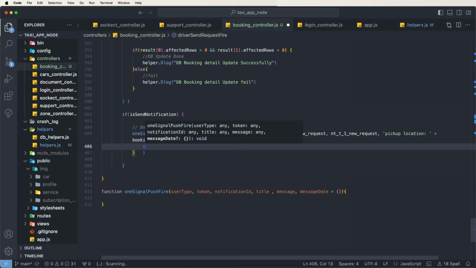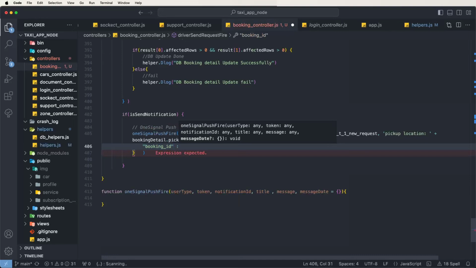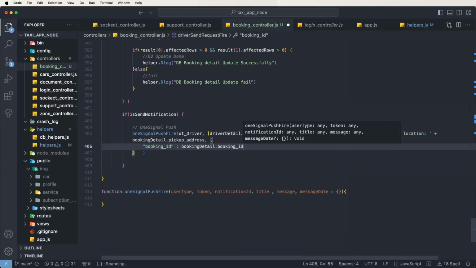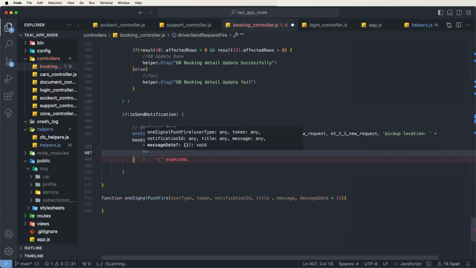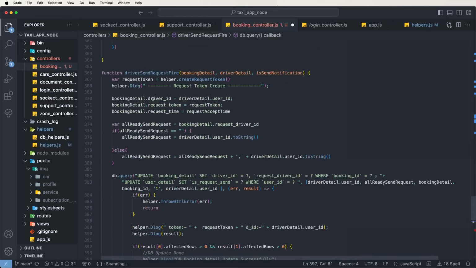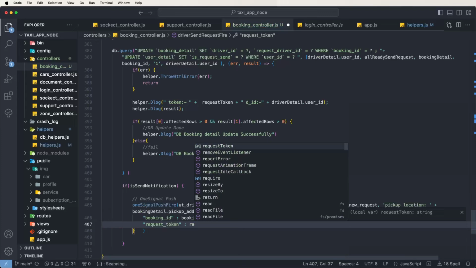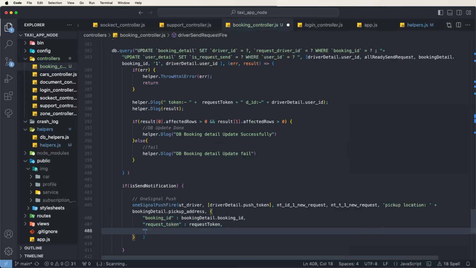Just of course need to give this here the booking ID. Need to needs here booking details dot booking ID, like this. Then after need to needs here the request tokens, need to give this here the request tokens, need creating here for request tokens give this here parameter token and we need to write down here request tokens, like this. And then after need to give this here the service name